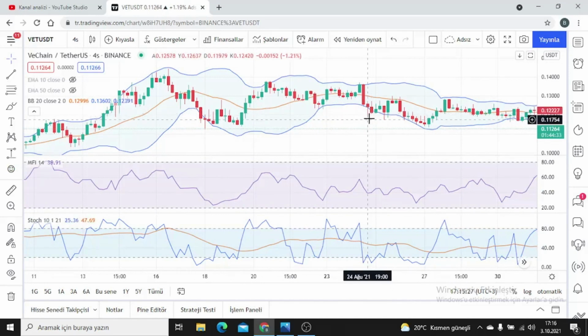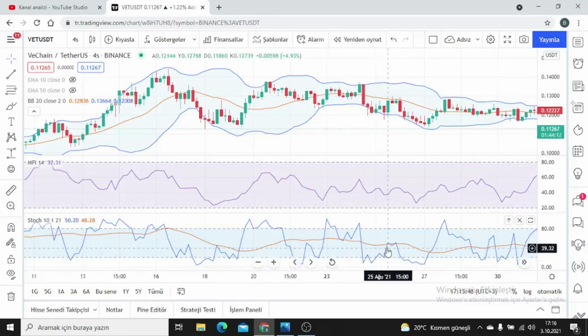In the same way, as you can see here, for example, there is a breakdown. And here again the wick has hung outside the lower channel of the Bollinger Band, but it has closed a candle again inside the lower channel of the Bollinger Band. Here we see the Bollinger Band as a buy signal, but as always, we need to confirm it. When we look at it, this part again shows that the money flow is horizontal and downward, but stochastic does not confirm this to us. It says the sell continues.